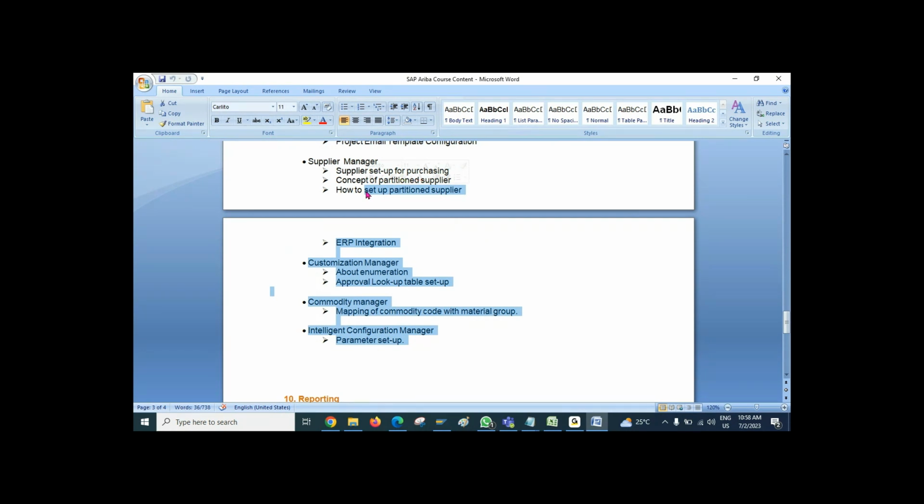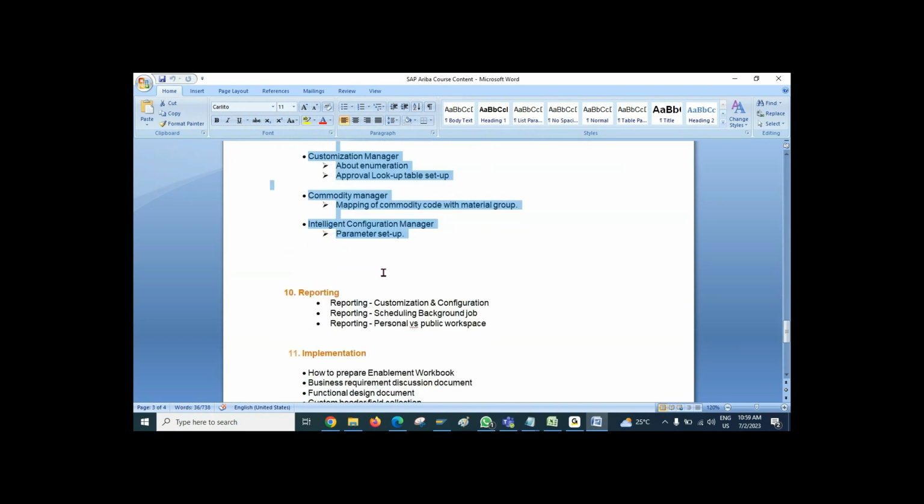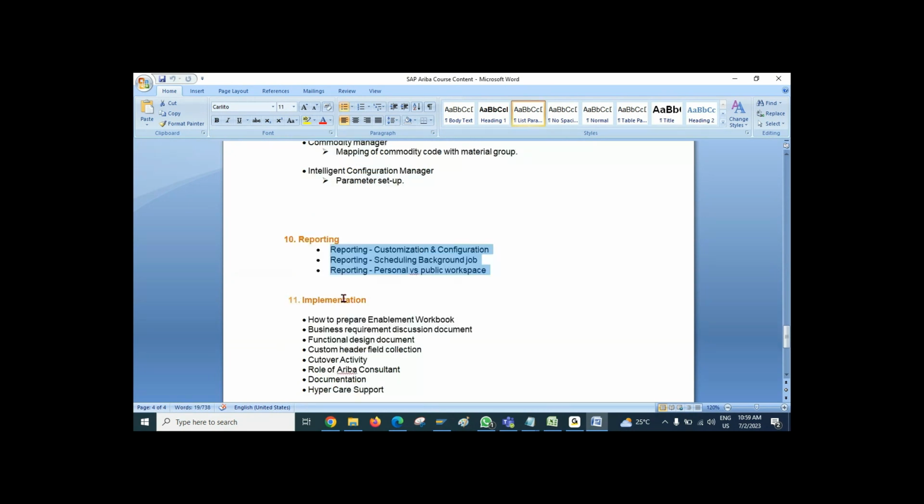But in any case, if something is missing, definitely you can ask the questions you have noted. Once we complete the ninth section, or even I would say the tenth section, that is the reporting part as well, at this moment you will have good knowledge about the business process and good knowledge about the consulting part, that is the configuration part.